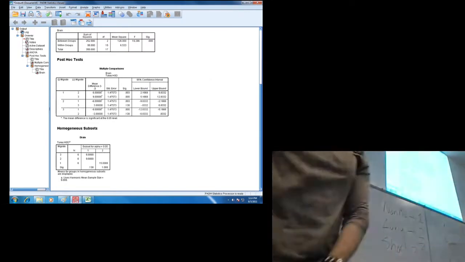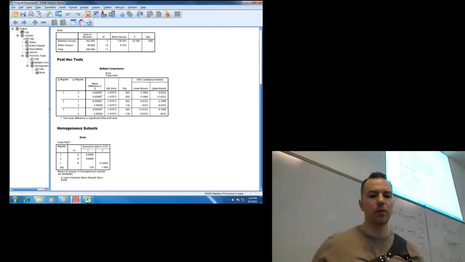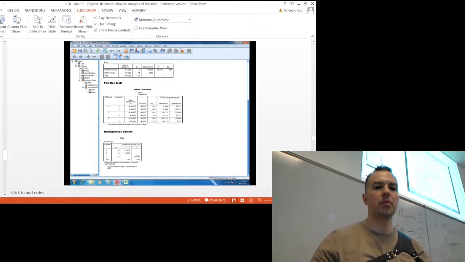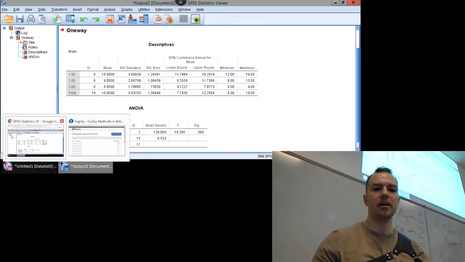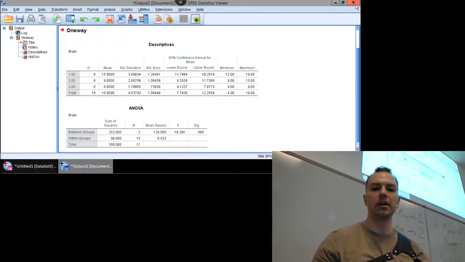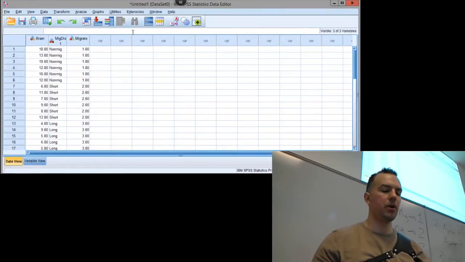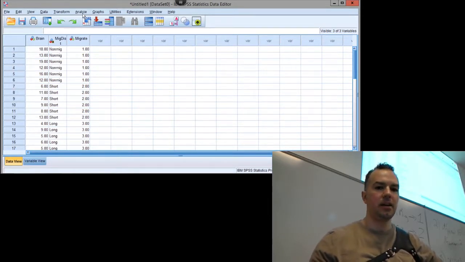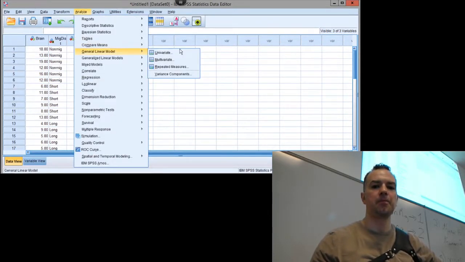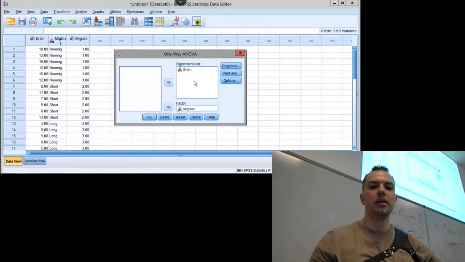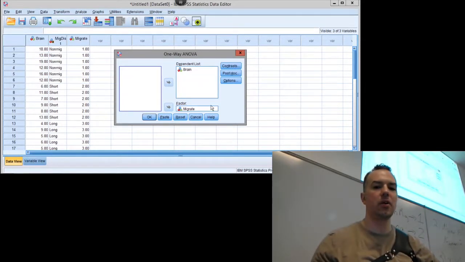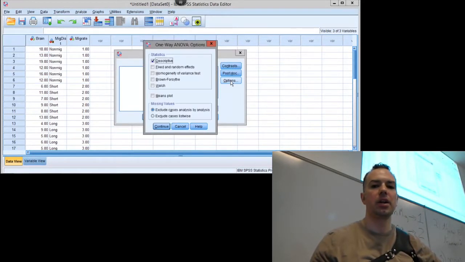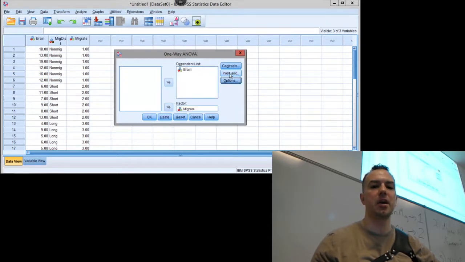So we are going to show you now how to do that post hoc test. And we are going to use one of the most popular ones, which is the Tukey honestly significant difference test. So for this, we are going back to our ANOVA, and we already have our data, so we go back to Analyze, Compare Means, One-Way ANOVA. Everything's already set up, but now instead of clicking just OK and running our ANOVA, we're going to click, not Options, but Post Hoc,